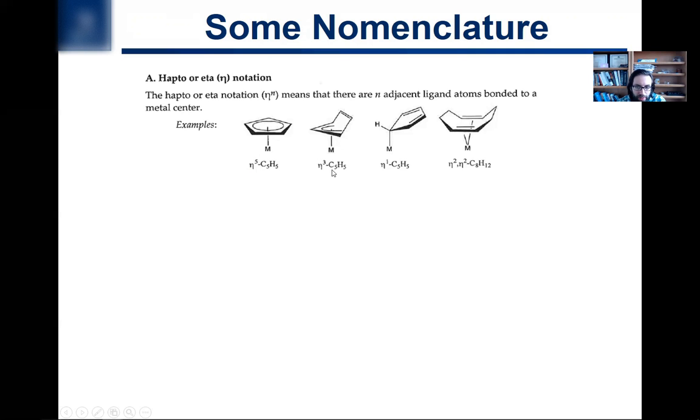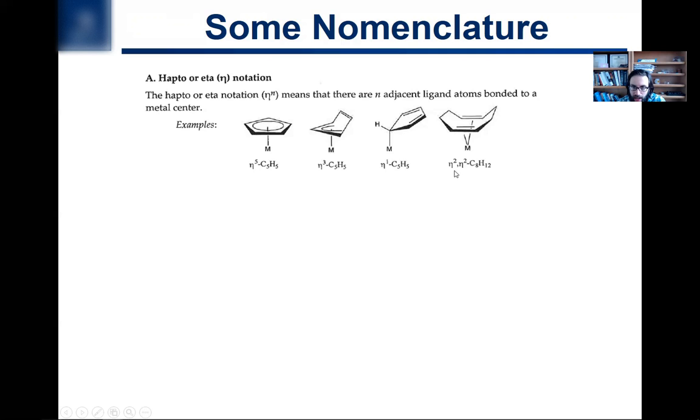Contrast that with an eta 3 connectivity, where you're going to have a free double bond and only 3 of the carbons are really involved in bonding. Or you can have eta 1. All of these are known. Complexes with all these different connectivities can be made. In this case, you're only dealing with the connection of 1 carbon, so you only have one atom making up that bond. It's very localized.